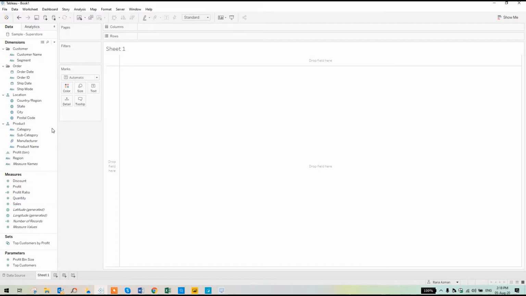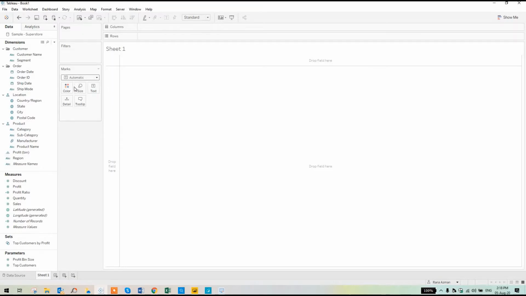So all the categorical or non-numeric data is in dimensions, and all the numerical data is in measures. And then there are sets and parameters. We won't be able to touch these two topics in this introductory session, but we will be able to create a visualization on them. So these are dimensions and measures.